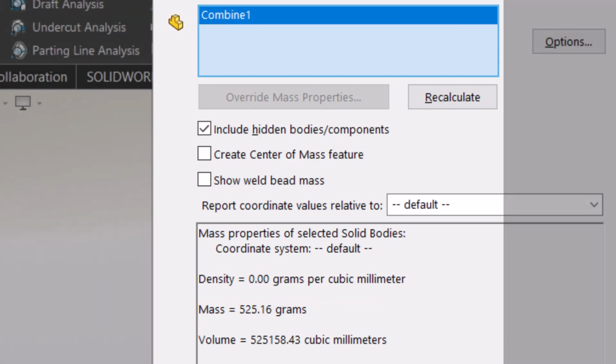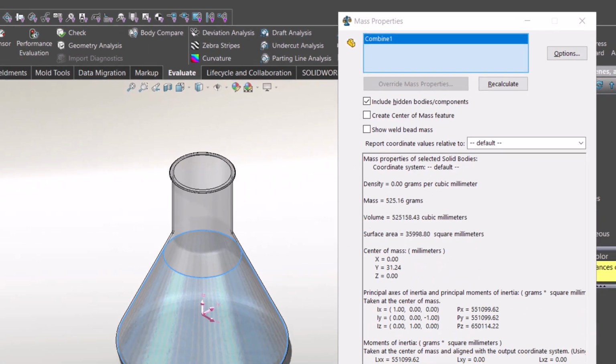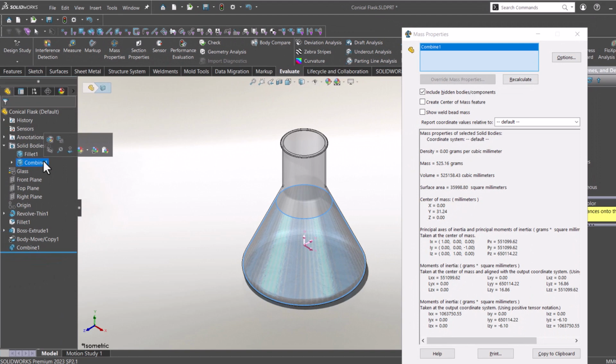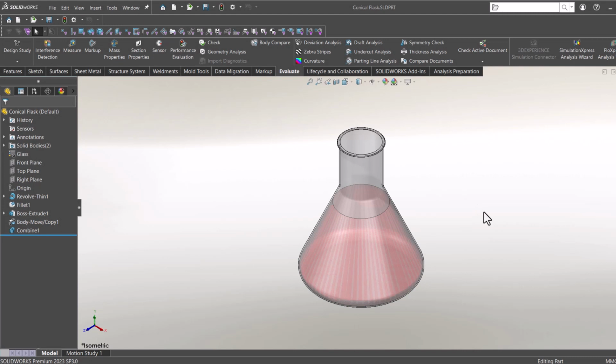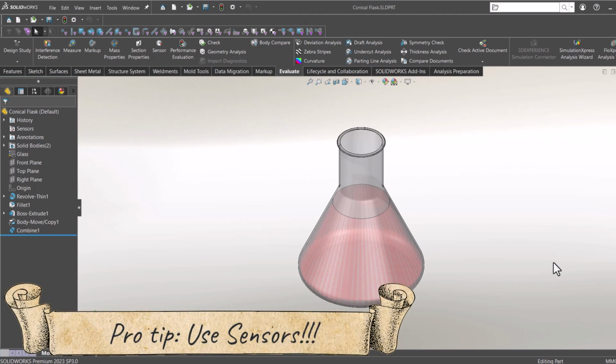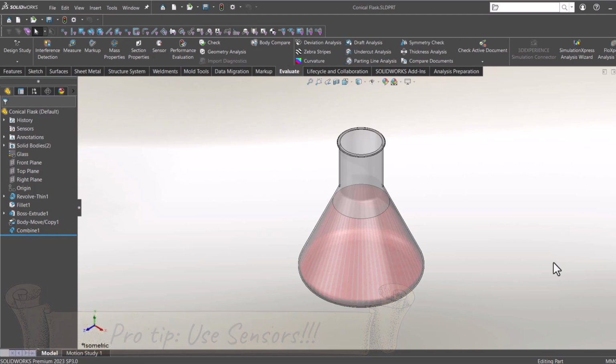And that was the process of volume calculation. This was done by utilizing multi-bodies and the combine command. If you want to elevate the level of your design one step further, here's a pro tip. You can use sensors to calculate any property you wish, including the volume of your selected body, while at the same time they can alert you if a change to the model makes the selected property diverge from specified value criteria, like exceeding a value.